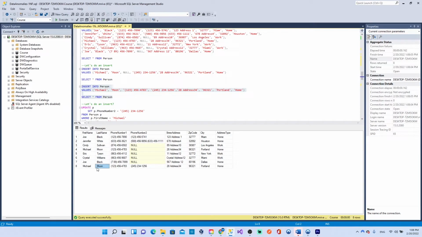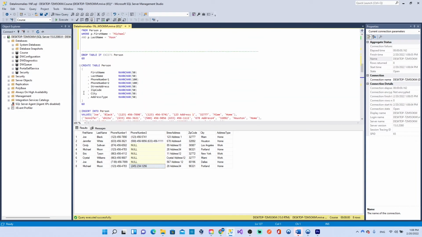So I added Michael again. It's a different record, even though it has almost the same exact information except for phone number 2. But now I have this 2, and I really don't know who is who. So I still was not able to do it. Okay, so